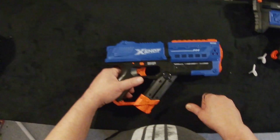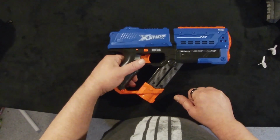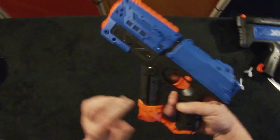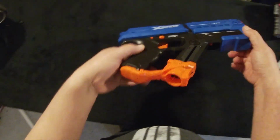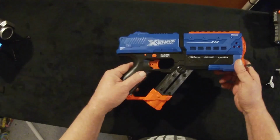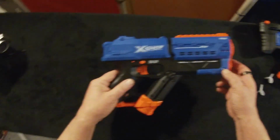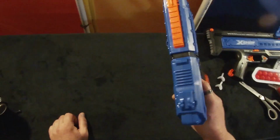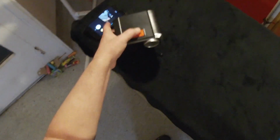And I'm half tempted. In fact, let's do it. While we're here on this blaster, and we've been talking about the rounds and everything. We know how great the blaster looks. We've seen it perform. We've seen how it feels, and it primes all nicely and everything, and a few of the little details on the blaster. But let's go ahead and just load up some regular yellow Nerf rival rounds in this and see what it'll do. Yep, I went ahead and loaded up 6 rival rounds into the Meteor, and we're going to see how